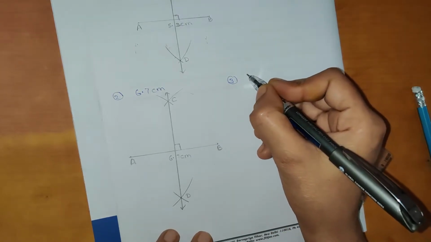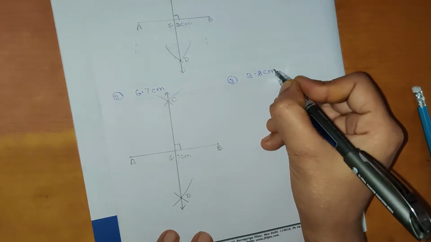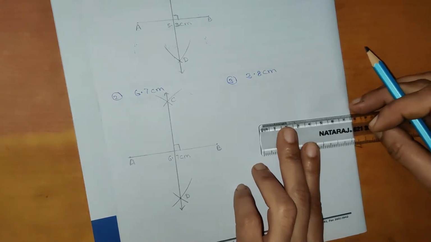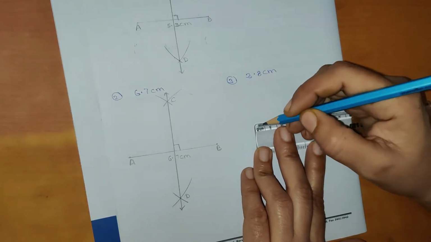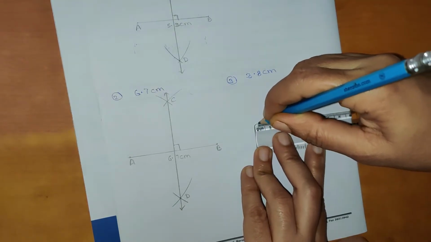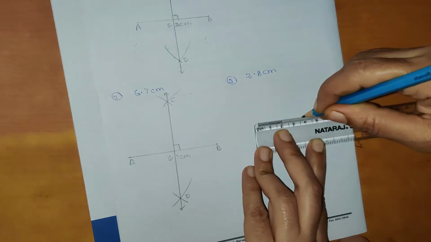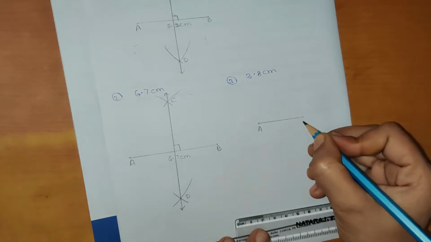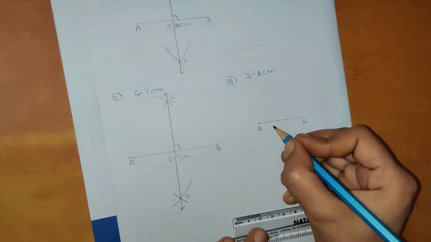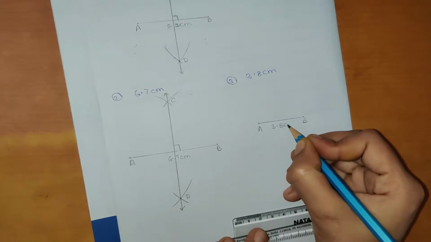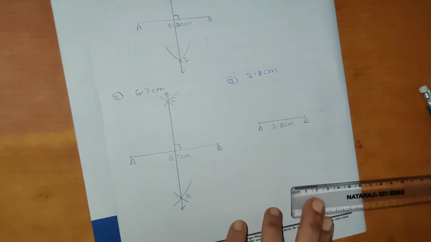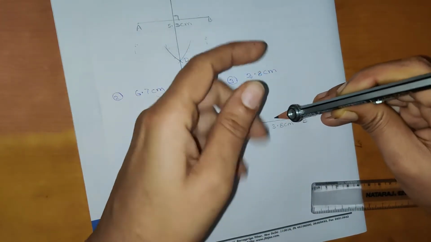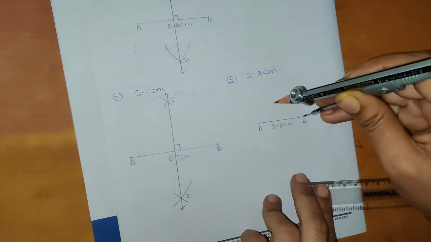It is given 3.8 centimeter. So again we will draw the length 3.8 centimeter. A line segment means it has the starting point and ending point. Okay, so here I have drawn. Give the name. Always you should give the name. So I have given AB of length 3.8 centimeter. When we are bisecting, you have to take the distance more than half. So more than half. While seeing only we come to know that it is more than half.